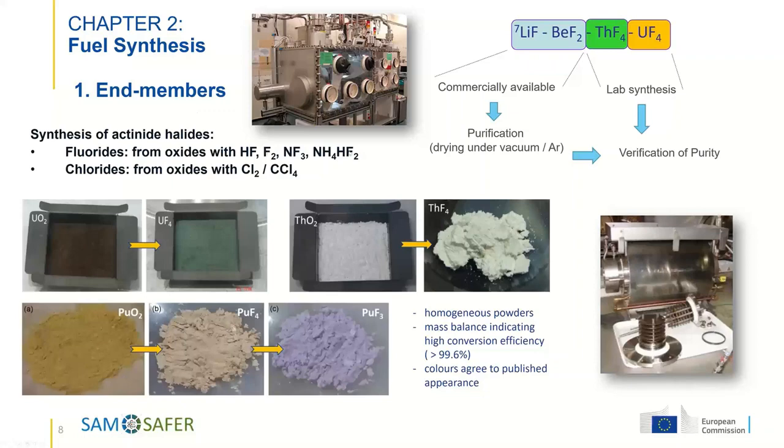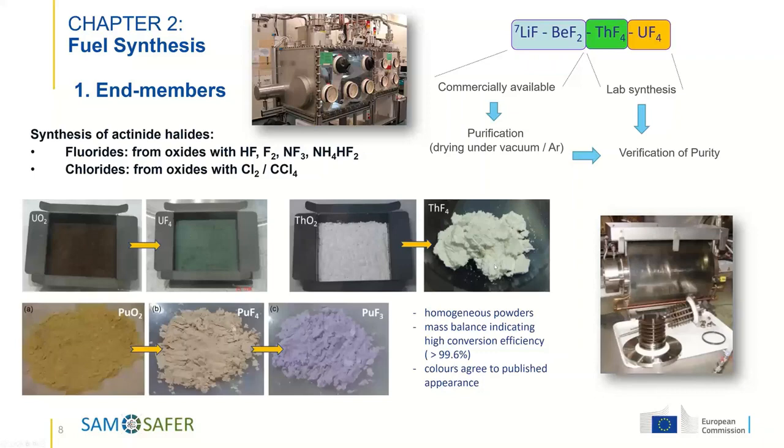So we have actually 2 lines, one for fluorides, one for chlorides. And what we are doing, we are producing the fluorides or chlorides by converting oxides. So you see on the pictures that we have a triplet of the major actinide salts that we are using. The first one is uranium oxide that converts into uranium fluoride. Then you have thorium oxide to thorium fluoride. You can see that uranium fluoride is kind of a green color, whereas thorium fluoride remains white, as is the